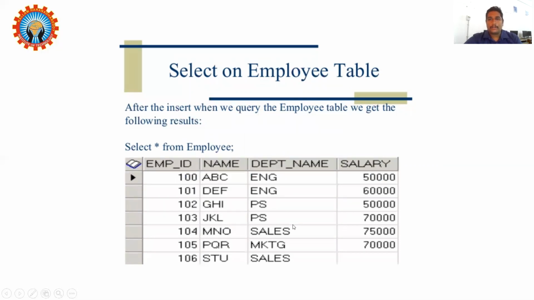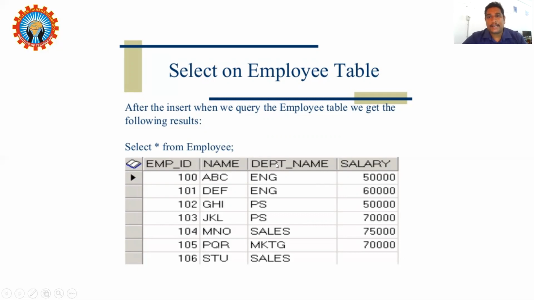I want only a particular grouping of these departments. For that we use the keyword we already discussed, GROUP BY. If you use GROUP BY with an aggregate function, we can get only the particular department or domain.